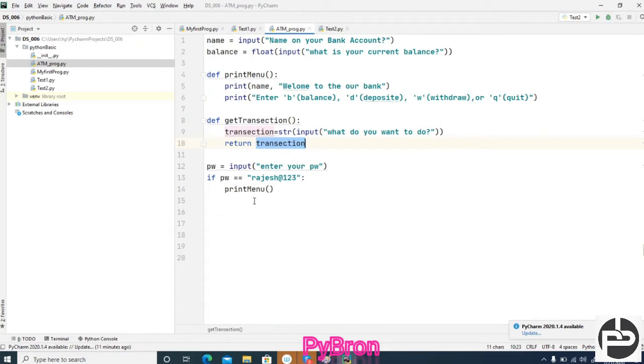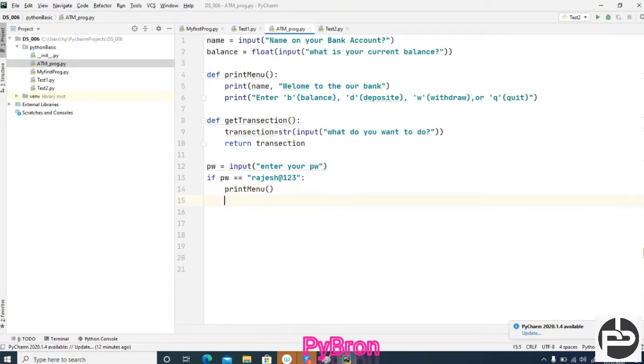What is the meaning of this line number 14? Line number 14 means you are going to expose all those values, meaning deposit. After that, the user will see this kind of message: what do you want to do? The user will pass b d w, and that b d w I am taking with this get transaction.